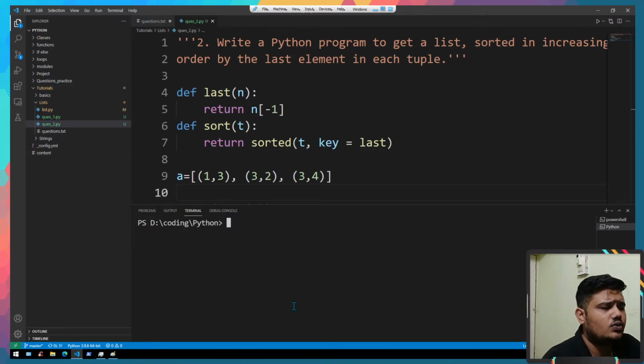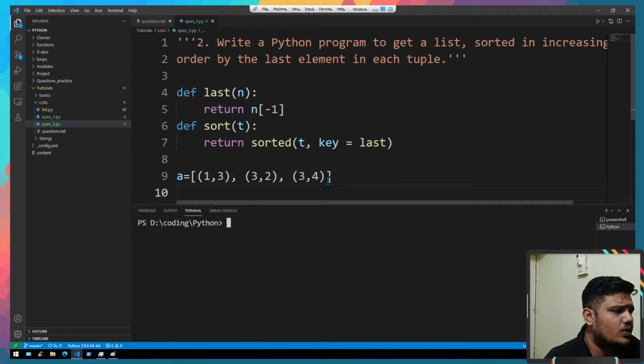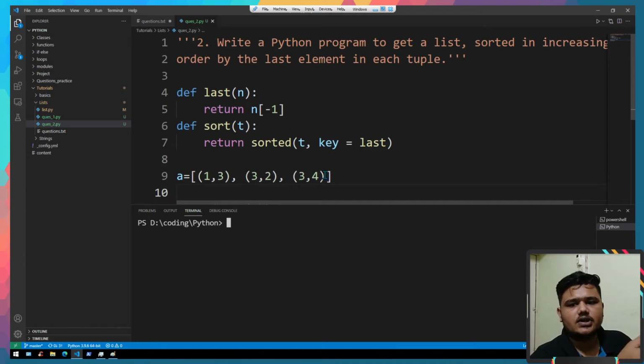Need not to worry, I do understand that we have come across tuples and functions as well, and we haven't discussed it yet. So need not to worry, we are going to discuss all these things in the later or coming videos, right? So moving forward,